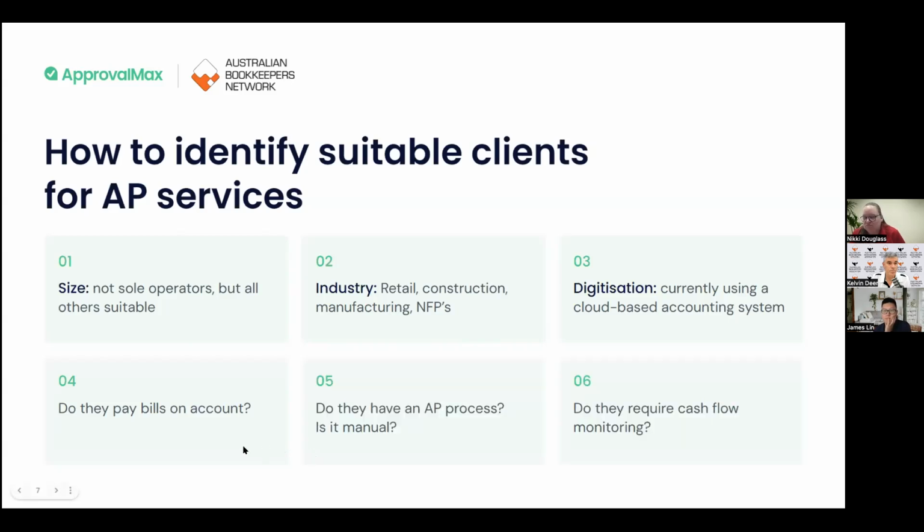Then again, what's their current process, as I covered off before. Ask them what their process is now, and particularly in that approval space, how do they know, where is their confidence level in that process? And again, if they mention a spreadsheet, that's probably a good opportunity to put some other tools in place, and cash flow monitoring. It really is such a big deal. Do they actually know how much is going to come out of their bank account at the end of the month? A lot of clients don't.